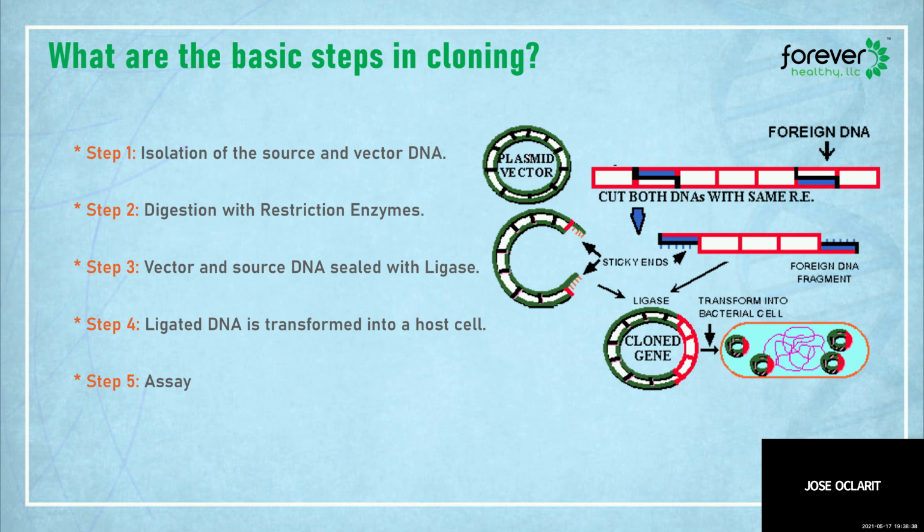And once the clone gene is inserted into the plasmid, as the bacteria multiply, your clone gene can also be multiplied. And that is the process of inserting a DNA into the vector. For example, the insulin gene is inserted into the plasmid. The plasmid is restored back to the bacterial cell, and the bacterial cell will be grown in bacterial medium. They can now grow and multiply. And as the bacteria grow and multiply, the gene that you have inserted will also grow and multiply.